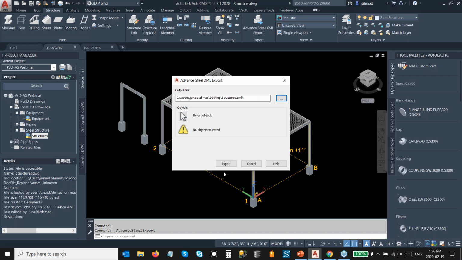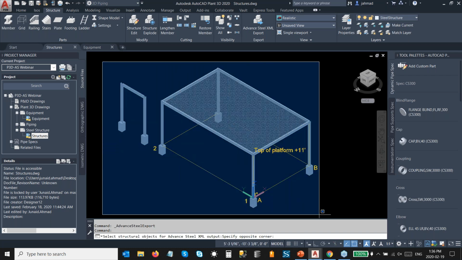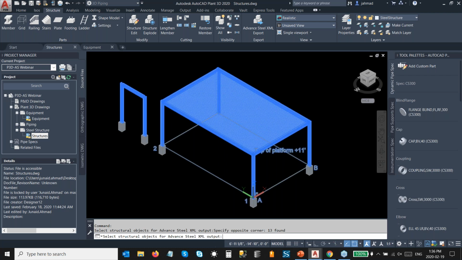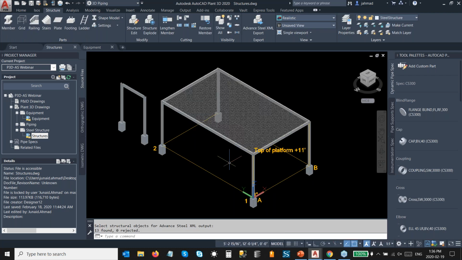And after that, I will select all the objects, and I will use the AutoCAD selection window to select all the objects. Click export. And now I have a file available in .smlx file format, which is ready to be